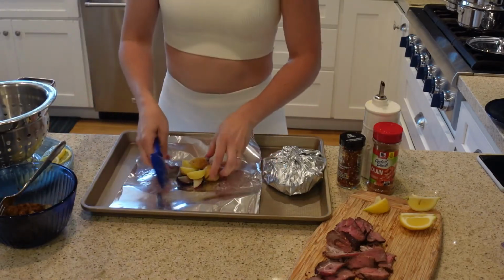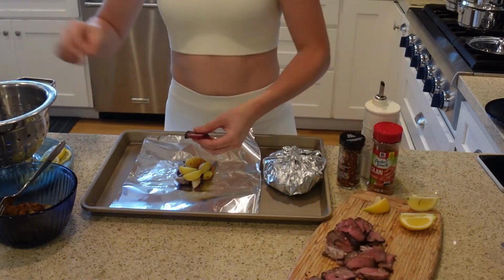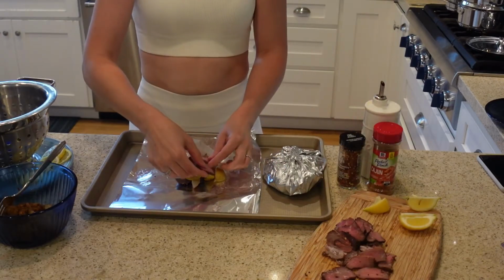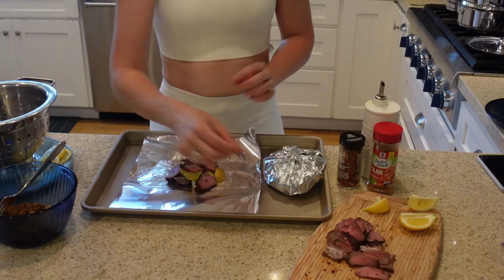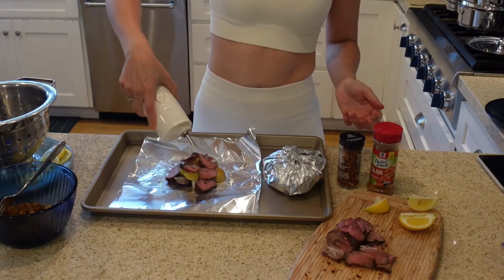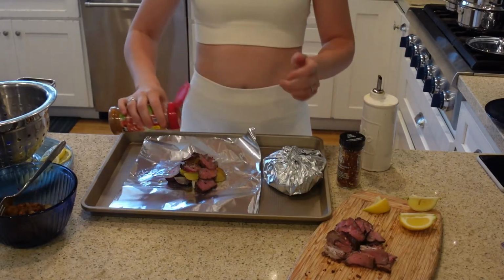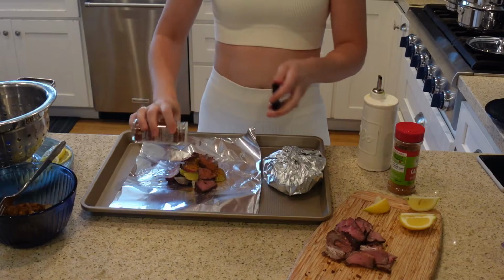And then you're going to grab some of your steak, like that. Again, you can use sausage, which most people use for this recipe. And then you're going to grab a little bit of your oil and put a little bit of that oil on top like that. You're going to put some of your Cajun spices on top like that. Your chili flakes,